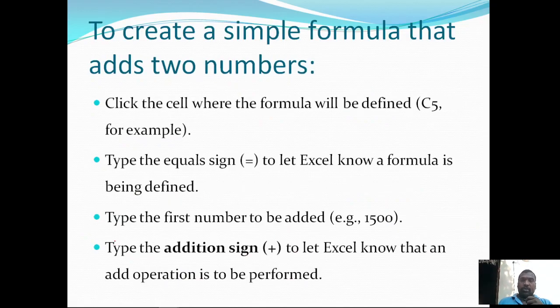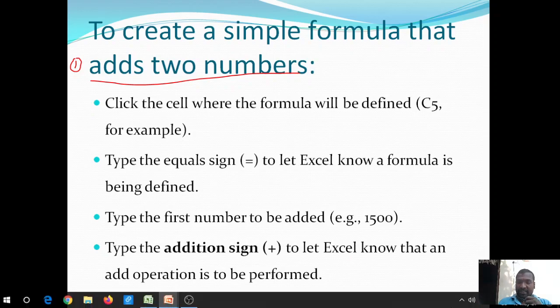Now, to create simple formulas, first we are considering creating a simple formula that adds two numbers. How are we going to add two numbers in MS Excel? By using the formula bar.